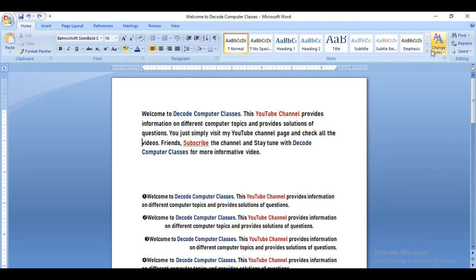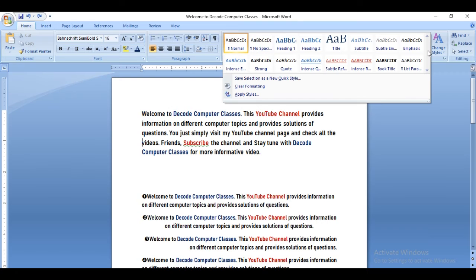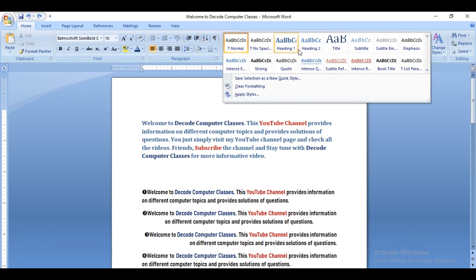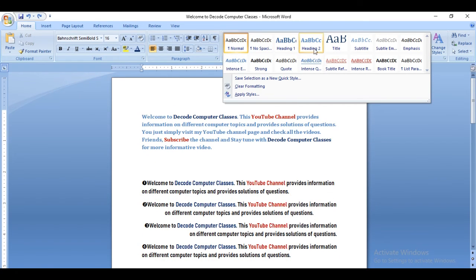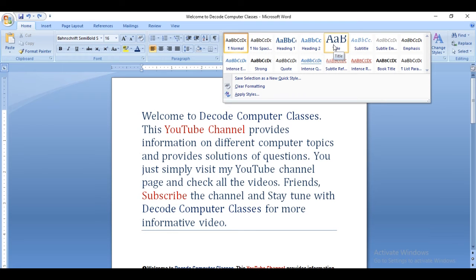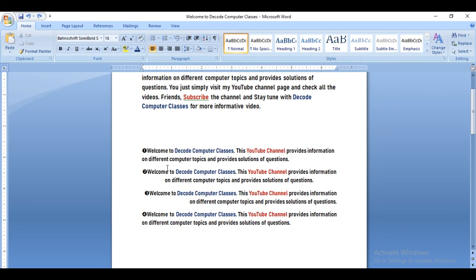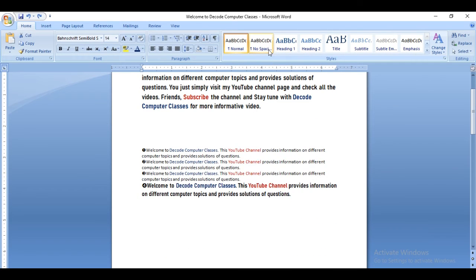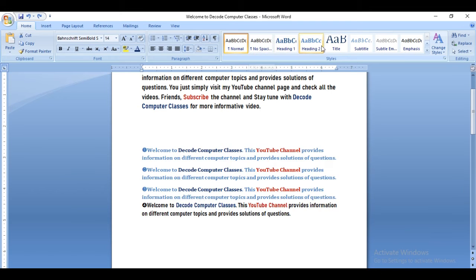So you just go there, click here, and you can see the different types of styles applying on your text this way. If I go for this one, whatever text you have selected, it will be applied the same way.